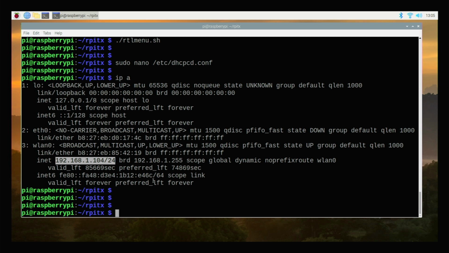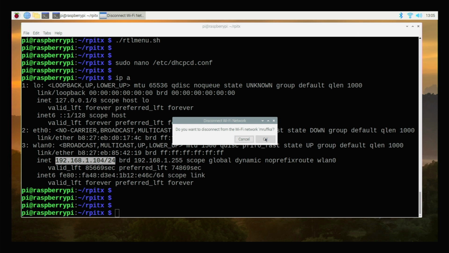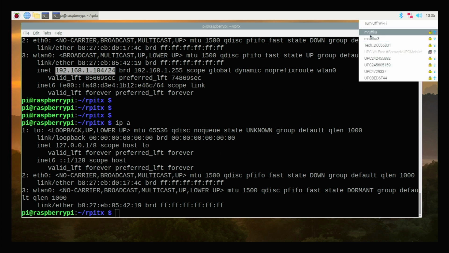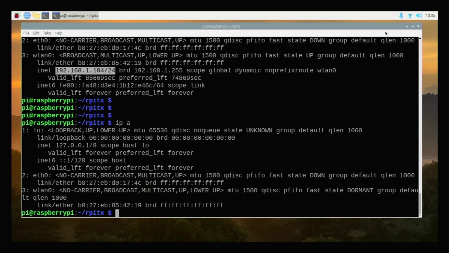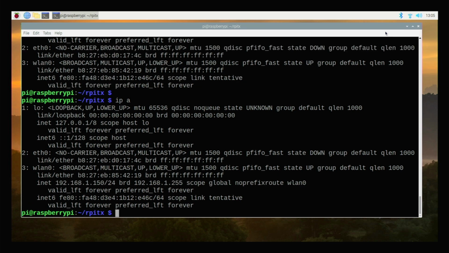Yes, so now if I switch off the network interface and disconnect, we'll see the link is down, there's no IP. And if I switch this one back again, it also asked me to enter the key. We're going to see if those changes applied or not. Yeah, as you can see, I now have a static IP assigned, so full success.